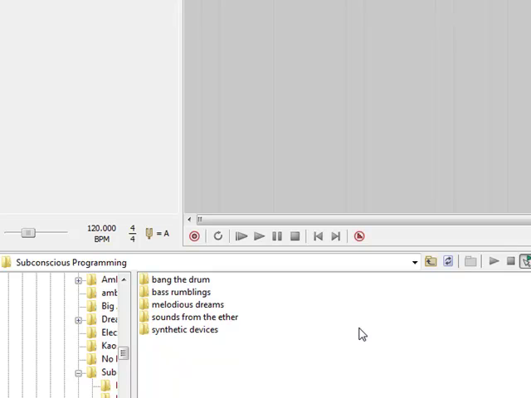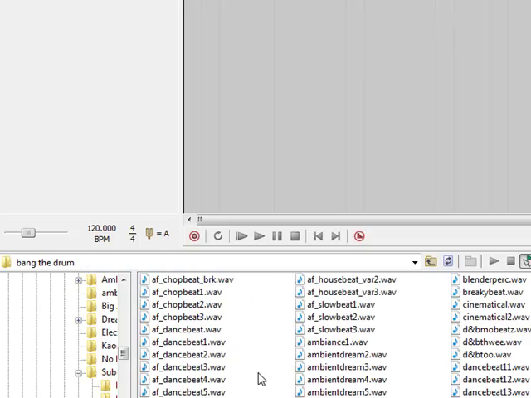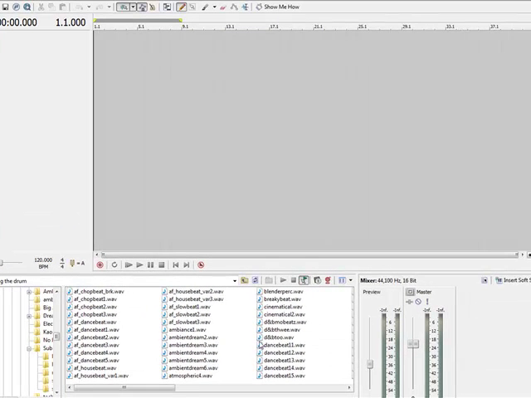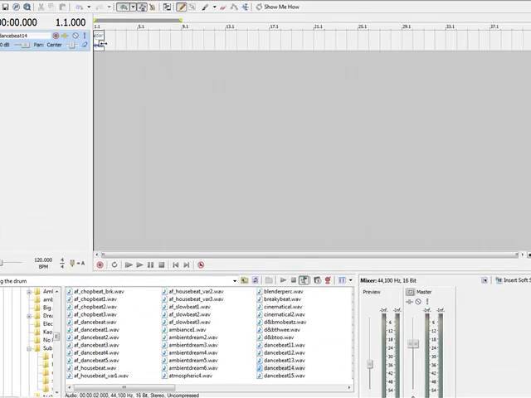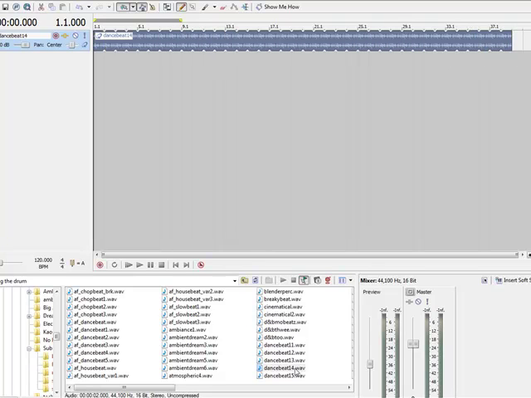So to start with, in the article I talk about arranging pieces of sound, loops. In this case, this is just pieces of loops right here. I'm going to grab one. And going back over what I said about tracks,